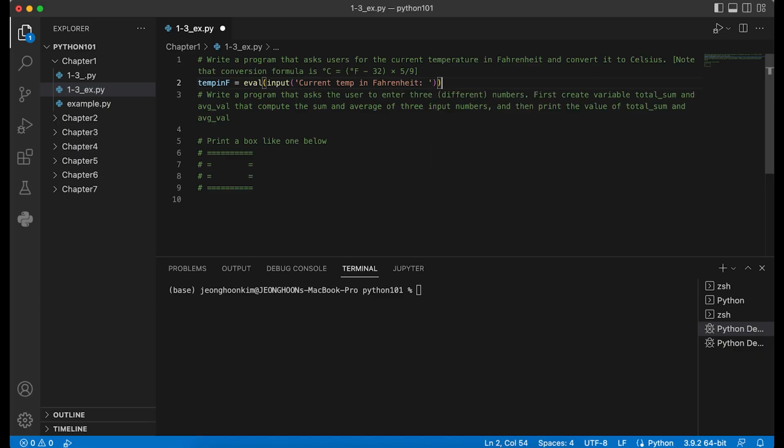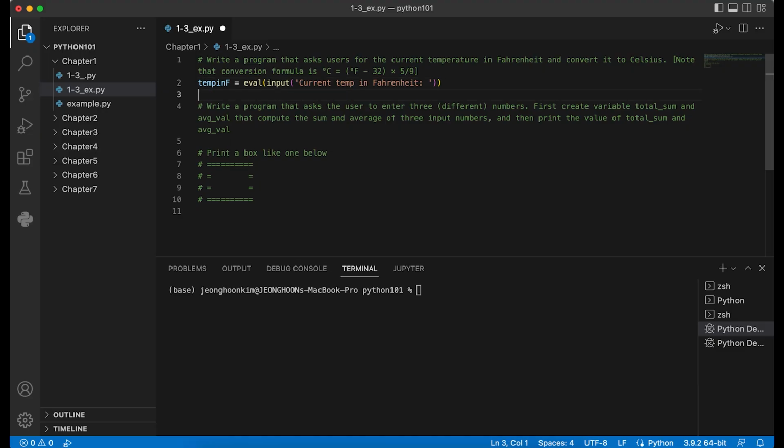And they'll put some temperature in Fahrenheit, and we need to convert it to Celsius, right? The temp in Celsius would be following the formula: temp in Fahrenheit minus 32 and times 5/9, right? Okay, I missed one parenthesis here.